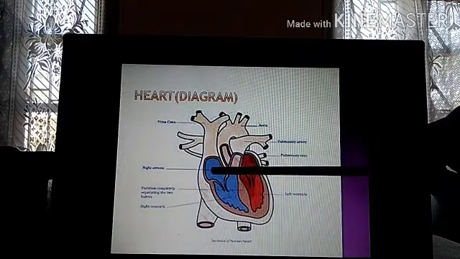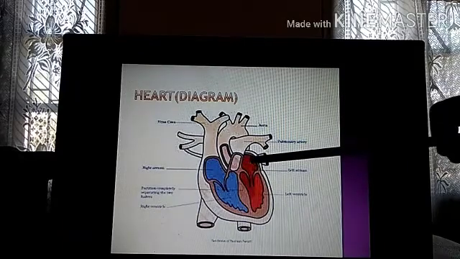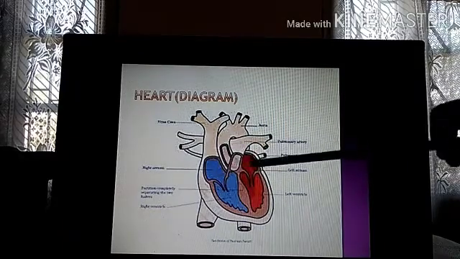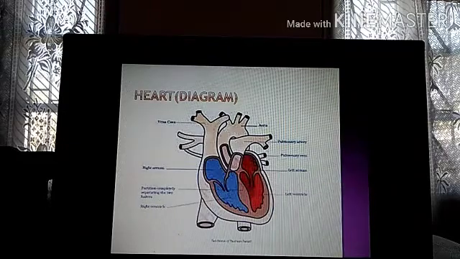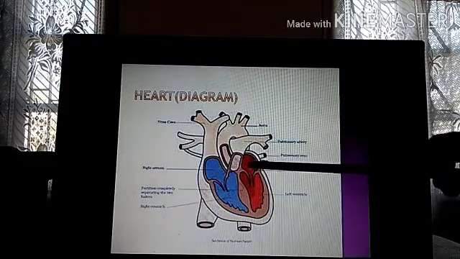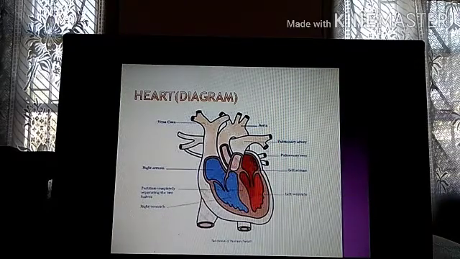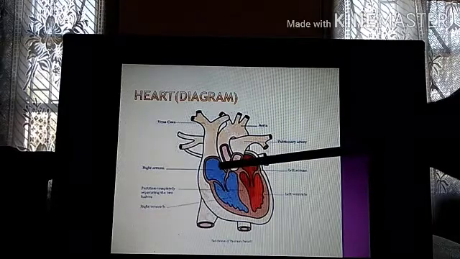Now this is the atrium. These two, that is the upper 2 chambers, as I told you, are called atria. So these two are the atria and these two are the ventricles. This is the right atrium, this is the left atrium, this is the right ventricle, this is the left ventricle. Now the pulmonary vein,